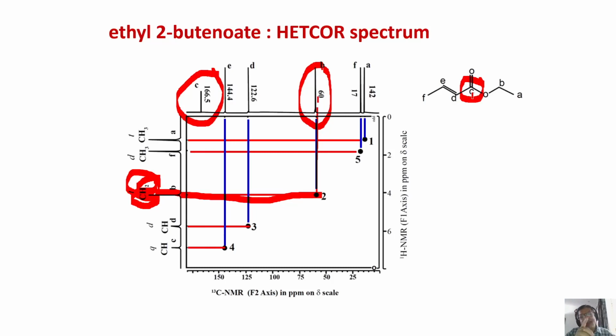But it is a fairly difficult, long, time-consuming experiment, for the reason that you are directly detecting the carbon. Direct detection of carbon, which is a very low sensitivity nucleus, takes an enormous amount of time. That's why there is an improved version called inverse detection, which I'm going to tell you later as we go ahead. So this is an important thing we should remember.